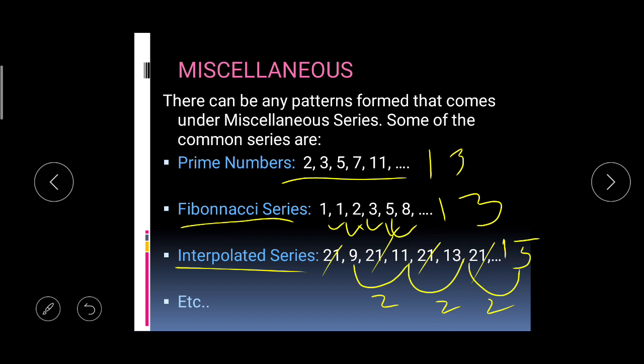Now if it is asked what is the next term after 15, what is it? After 15 the next term will be 21, right? Because after every term we have to add 21. We have to interpolate a term, 21, which makes no difference in the series, but it has to be there because after every term there is a 21 interpolating in the series. Without this 21 also we can find the pattern, and we add this 21 after every term. This type of series is called an interpolated series. There are many such series. We'll see some of them in our practice examples. Okay.